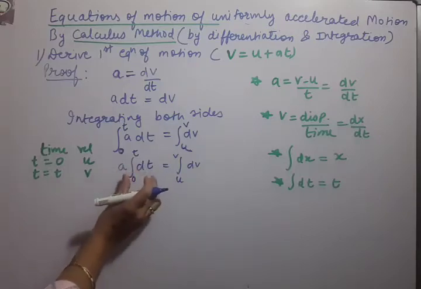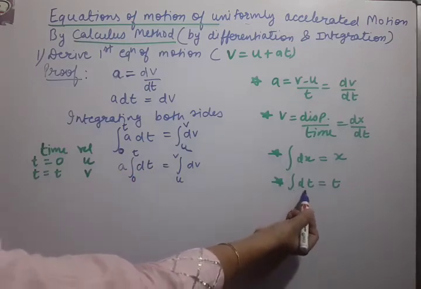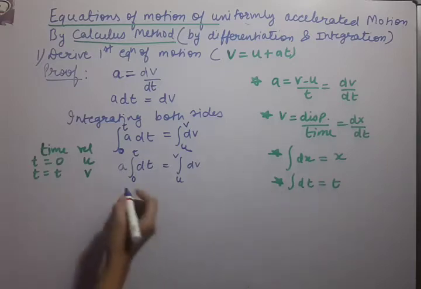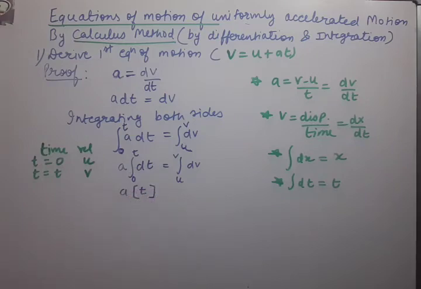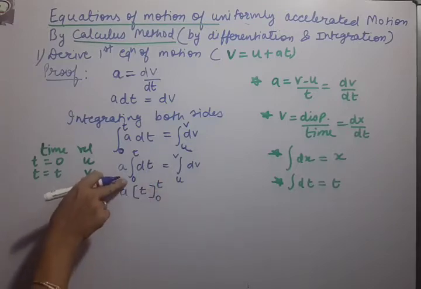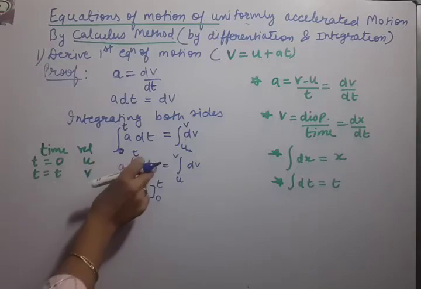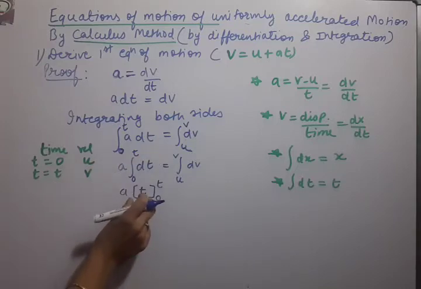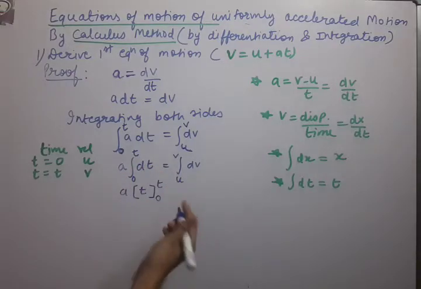Now we have to do integration of dt only. Here the formula is written, integration of dt is t. So a is out, integration of dt is t. After integration, make a square box and put the limits on the right side now. So earlier the limits were written on the left side on the sign of integration. After doing integration, that means the answer of integration, make a square box, put the limits on the right side.